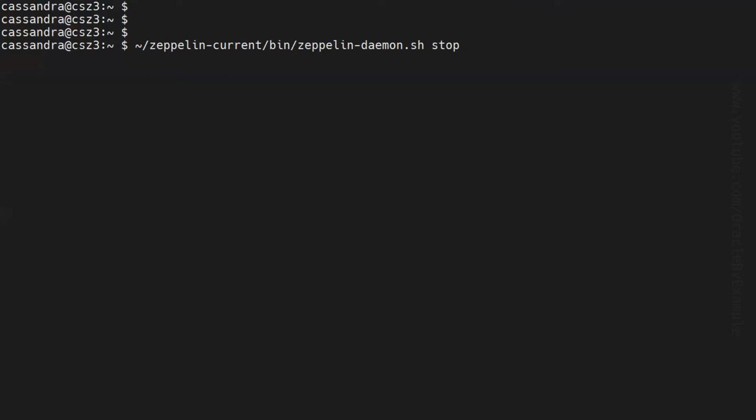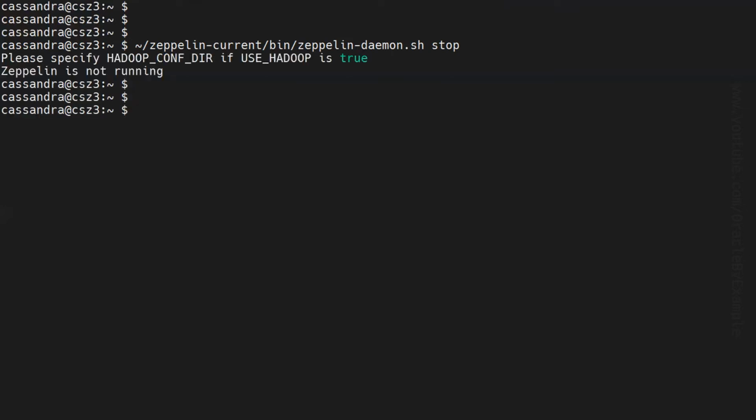If Apache Zeppelin is already running, using this command, we can stop the process. As you can see here, Zeppelin is not running on this server. Using this command, I will start Apache Zeppelin on this server.